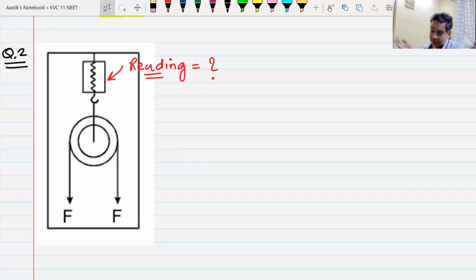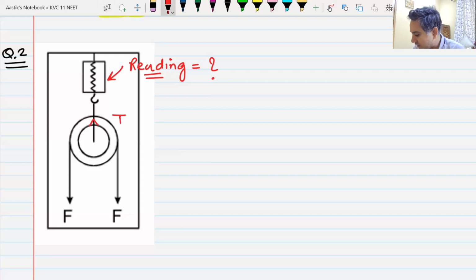Again, ask the question. What is the reading of the spring balance? T is equal to 2F. So that is the reading of the spring balance. That is correct. You just have to find out